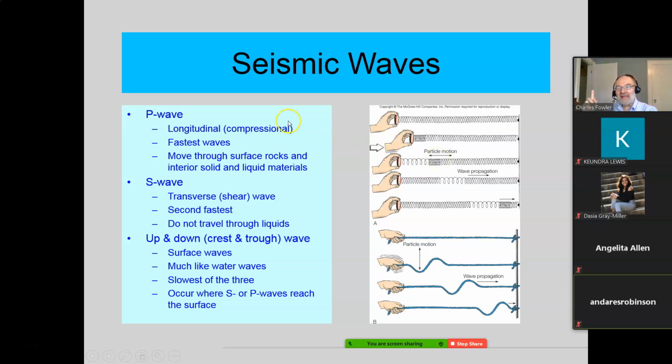Okay. The S waves, and again, S could stand for a couple of things here. In fact, maybe even three here. Secondary wave, S. Shear wave, S, or second fastest, which is really secondary. So it's really just two. Okay, this is the second fastest wave. Now here's the difference in an S wave, a shear wave. Now the other name for it, just like this one had longitudinal, this one has transverse. Trans means against, and verse means sort of like which way the thing's heading.